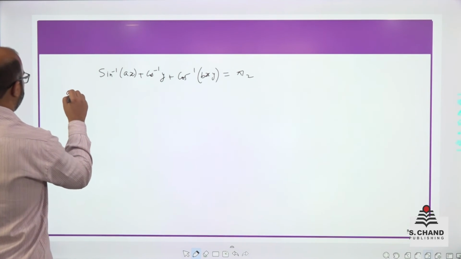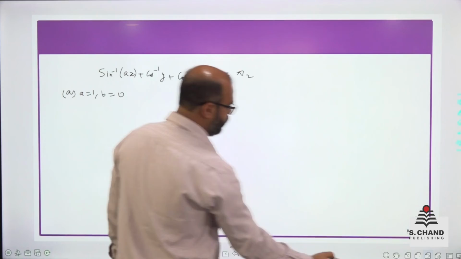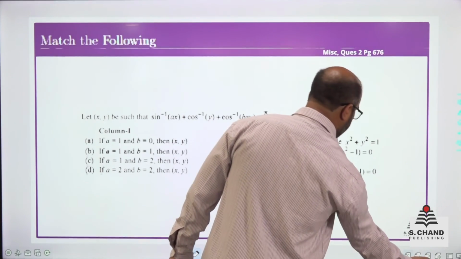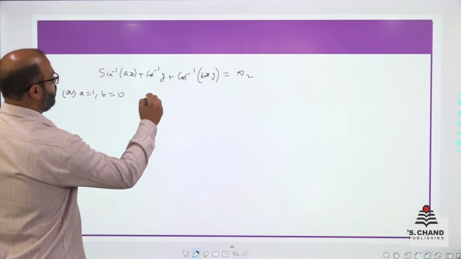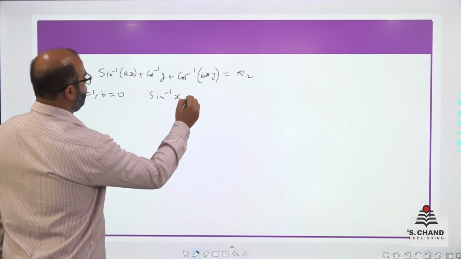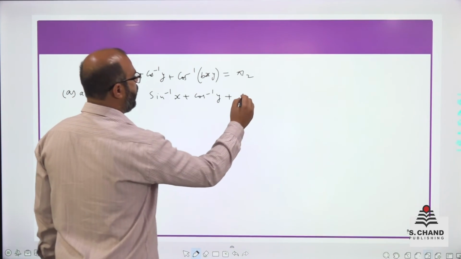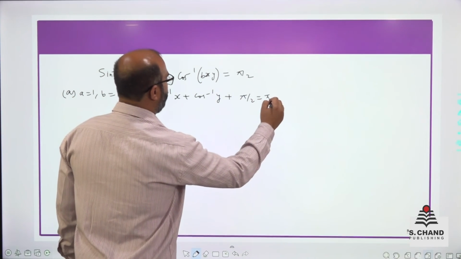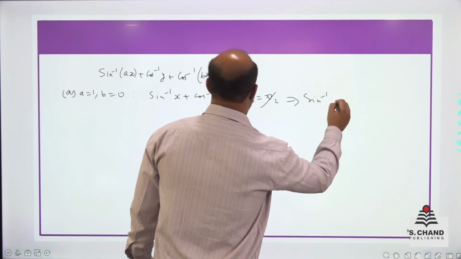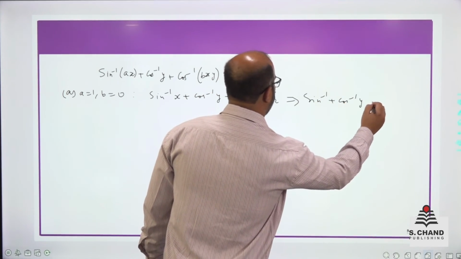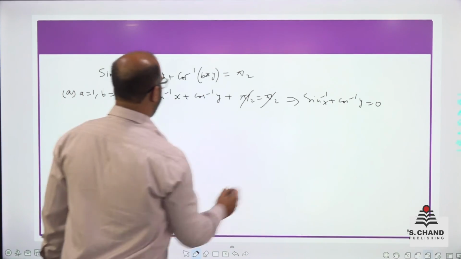First option is a1 b0. So if you take a1, this will become sin inverse of x, this will be cos inverse y. b0 means cos inverse 0, which is pi by 2, is equal to pi by 2. This will cancel. This will become sin inverse x plus cos inverse y is equal to 0, which implies